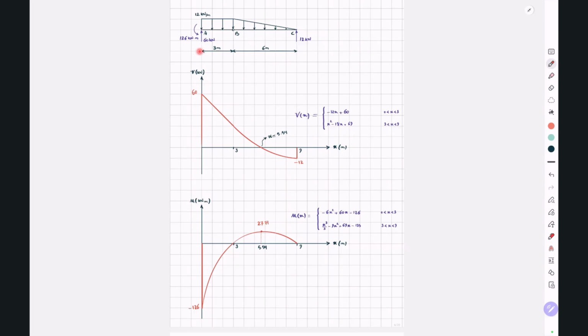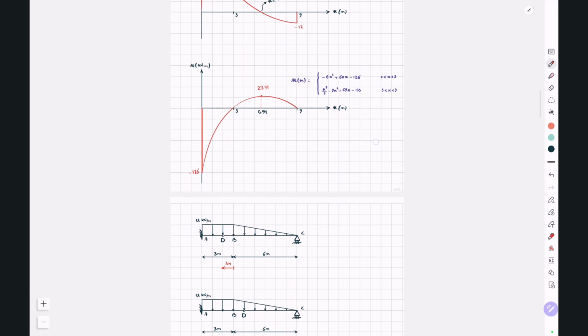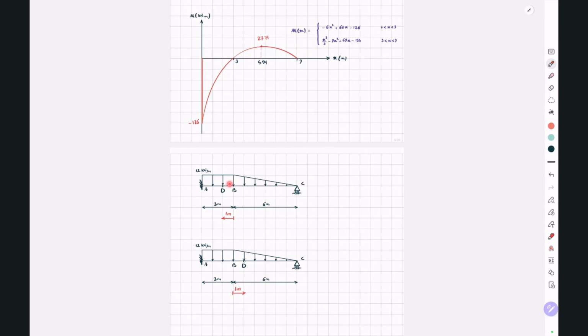Now, before I show you the diagrams I plotted using MATLAB, here's a question for you. Right now, our internal hinge is located at point B or at the distance 3 meters from the left end. And based on this configuration, we determined our maximum magnitude of bending moment to be equal to 126 kilonewton meter. Now, if we keep the same loadings and the same configuration for our end supports, but move this internal hinge 1 meter to the left or 1 meter to the right, so everything's the same except for the location of this internal hinge,